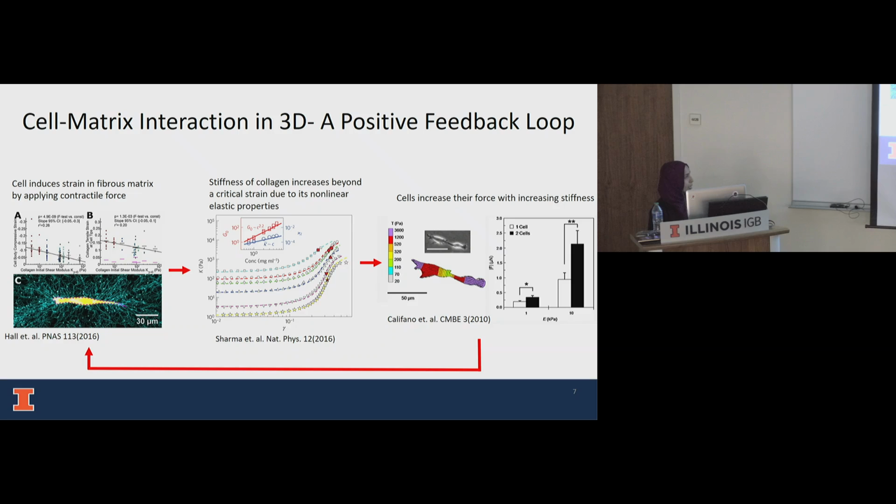And in this third study, not only do cells pull on the fibers, cells can also regulate their force by sensing the stiffness of their surrounding microenvironment. This study shows that as cells are plated on substrates of different stiffness, they can increase their force according to the substrate stiffness. This force modulation by cells is then fed back into the previous process, where increasing cell force means higher strain on the ECM, and thus there exists a mechanical feedback loop which mediates the cell-ECM mechanical interaction.